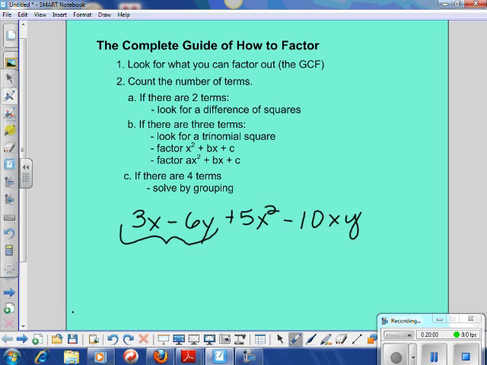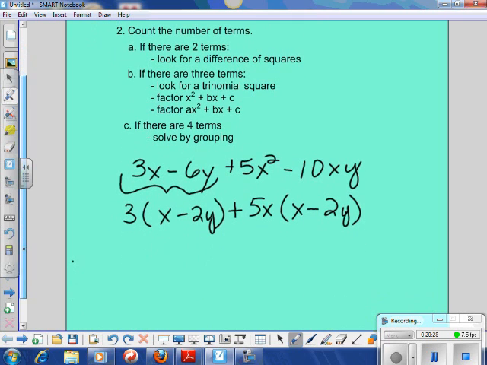So I've got my greatest common factor is 3, so that would leave me x minus 2y. Our next is, let's take out 5x. So 5x squared divided by 5x leaves us x, and minus 10xy divided by 5x is 2y. This worked right off the bat. So now what I have, let's slide this up a little bit, is